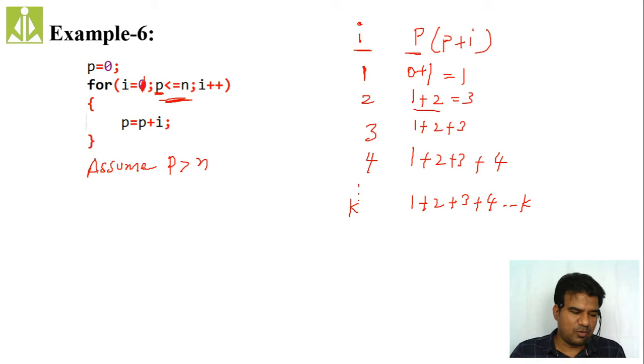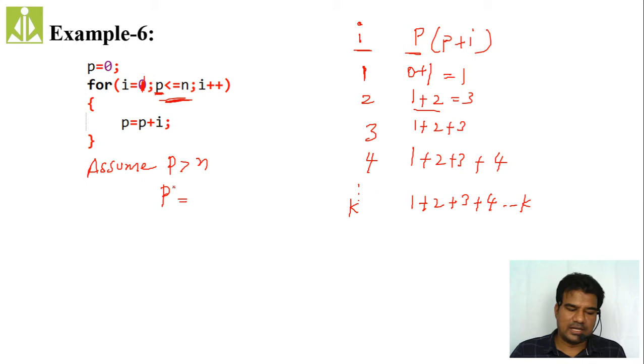So at that point, p equals k, because we have to add all these things: at kth condition, at kth I value, we are considering p becomes greater than n. At kth condition, kth value, p becomes greater than n. So this entire thing we have to put over here.